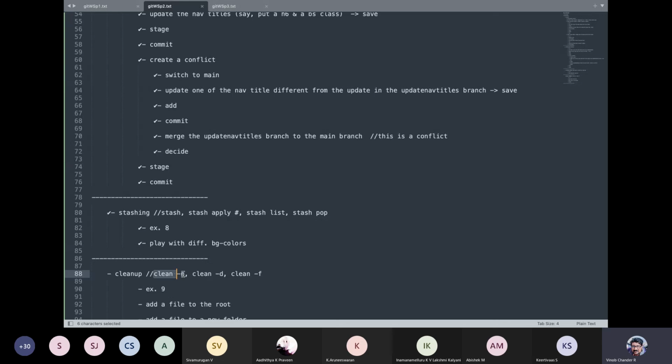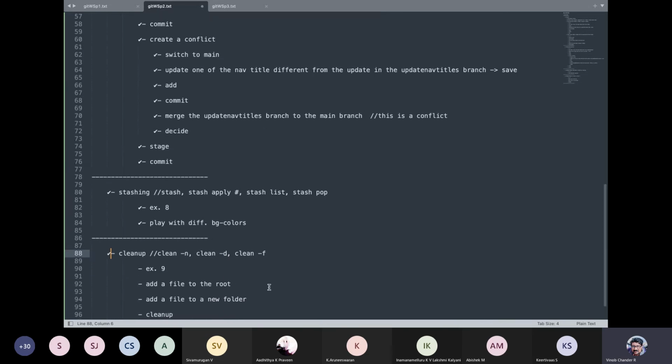If you want to just clean up your particular files or folders, you just specify clean and then -n. -n is for a dry run, guys. So it will not be destroyed. It is something like a simulation. It will say that, okay, these are the files that will be destroyed. And once you see that message, and once you confirm that, okay, this is what to do, then you can do an actual clean with a -f. -f is a force clean, okay? And -d you use for directories, which contain files, okay? So let us do a small exercise on this and then try to understand how cleanup works.